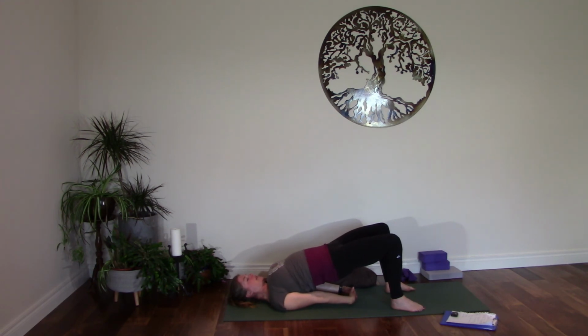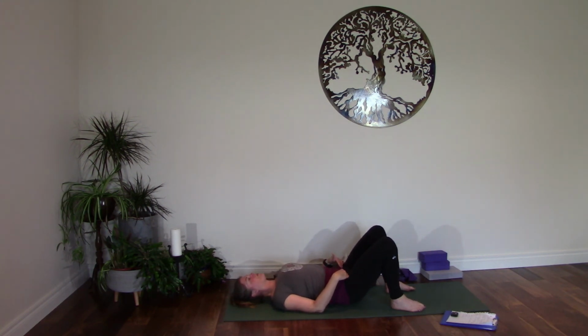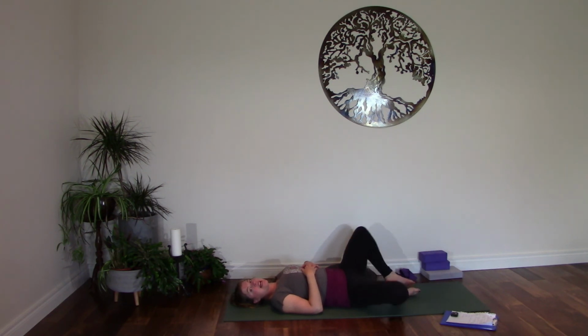So again, move the tailbone down towards your heels. Draw the inner thighs towards each other energetically. And then exhale, just gently bring it on down. Okay, good. So the last thing we can do is we can take the legs back into Baddha Konasana, so taking